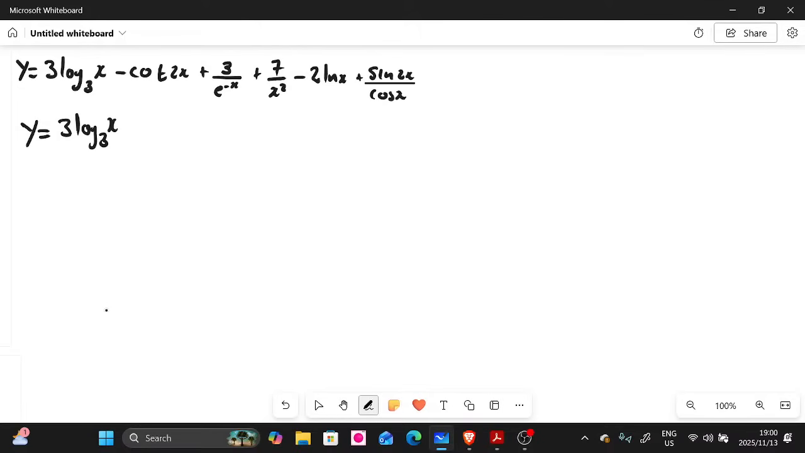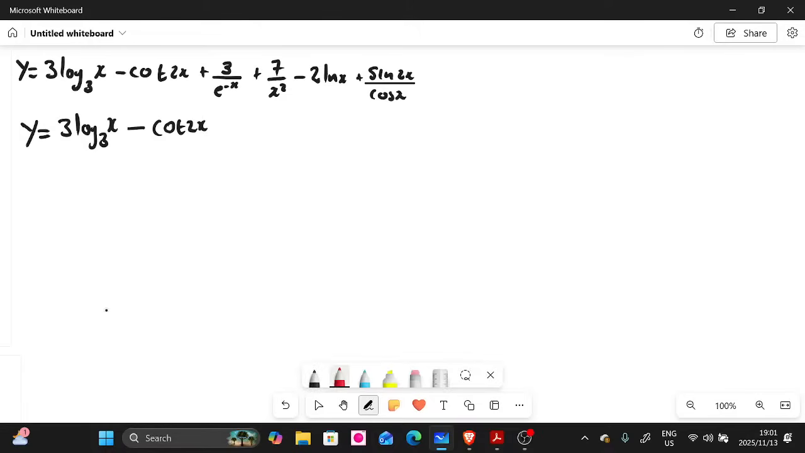Don't do nothing. The second term, it's a trigonometric ratio. It's cot 2x. It's also simplified here, right? Cot 2x, not cos, cot 2x, right? It is also simplified. The third term, which is 3 over e to the power of negative x, it needs